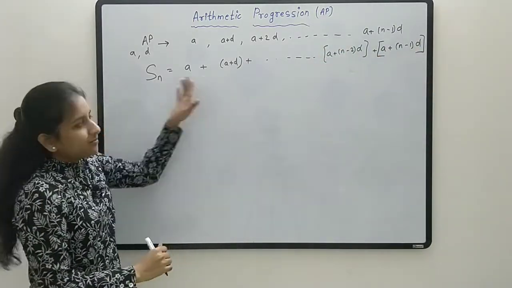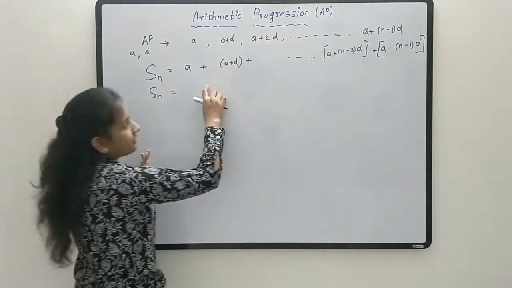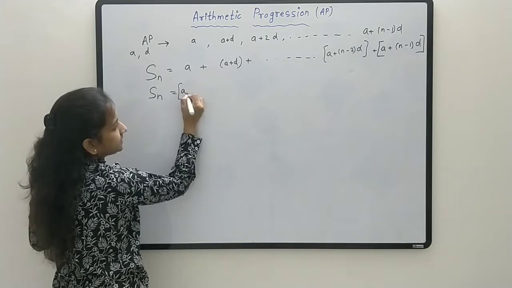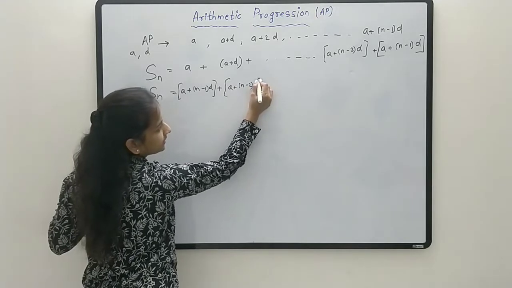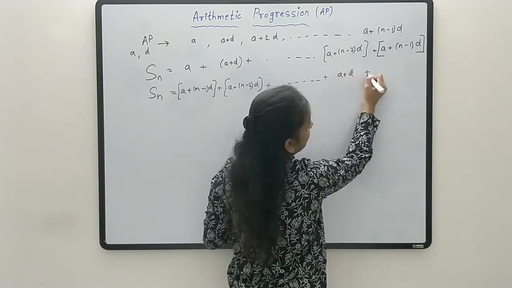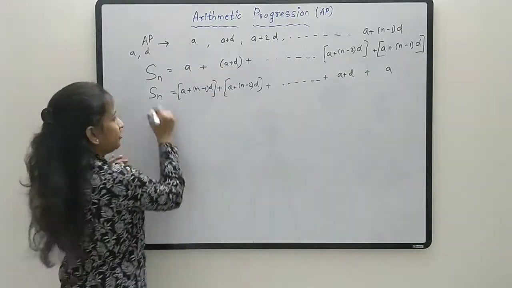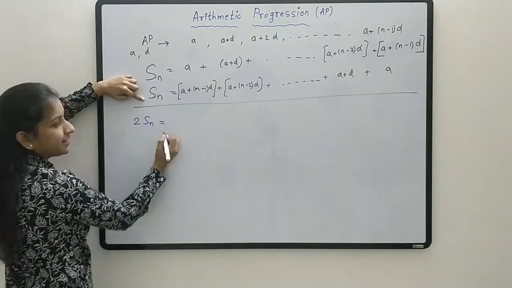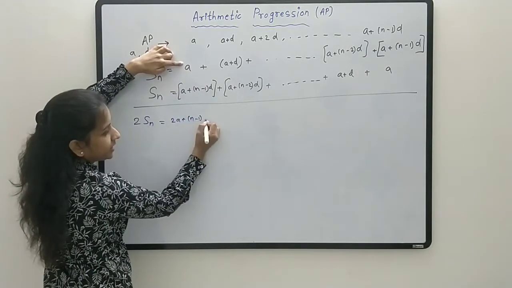Okay, now little modification to this. I am writing same Sn in reverse order, writing last term first, then this term and first term at the end. So we'll get this series a plus n minus 1 d plus a plus n minus 2 d, like this it continues. Second last term will be this a plus d, and last term will be a, right? Now just add these two equations. We will get Sn plus Sn, 2Sn, right? This plus this. So we will get 2a plus n minus 1 d.